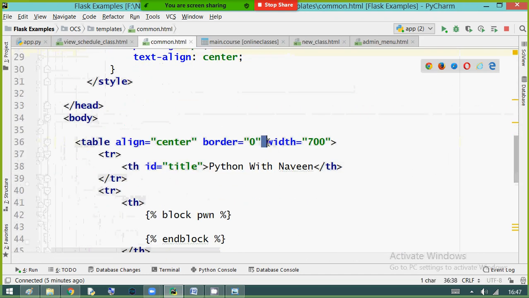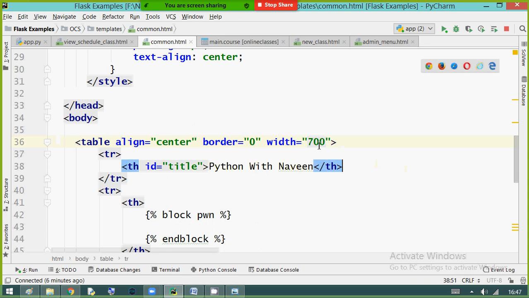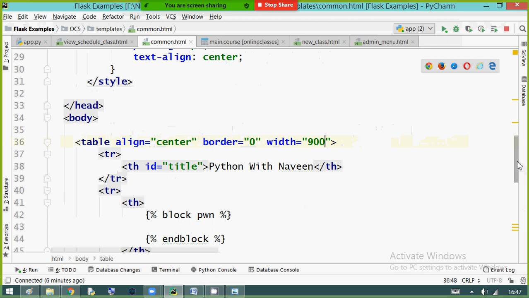What is the width I have given here? 700. Because of this 700, my table is not adjusting. Now I am changing this 700 to 900. Once observe. The outer one is changed. Now adjust your tables.